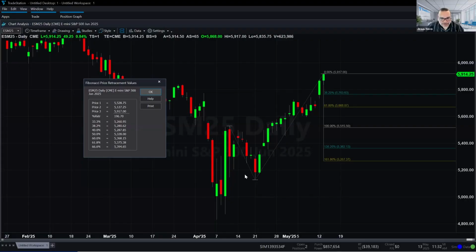So in other words, let's label these A, B, and C. From point A to point B, you draw the first retracement, and then from point B to point C, that's your second retracement. Actually, this is not a retracement, this is a rally, but from point B to point C, that is or represents